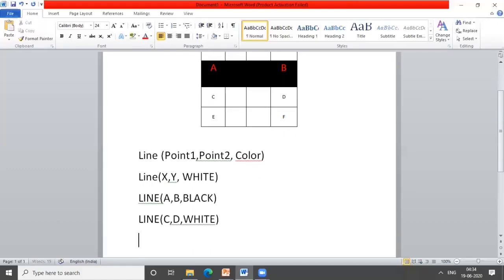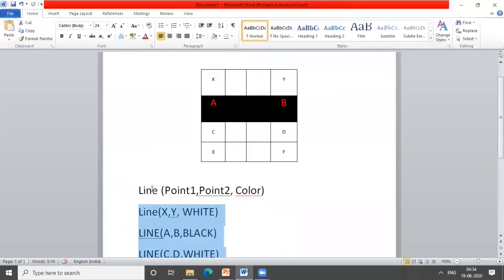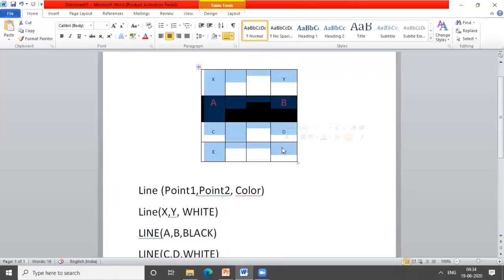What should be the color of this line? It should be white. We want a line between pixel E and F. What should be the color of this pixel? Yes, it should be white. In this way, this vector image will get stored in the memory. Right? So in case of a vector image, color information of each and every pixel is not stored in the memory.